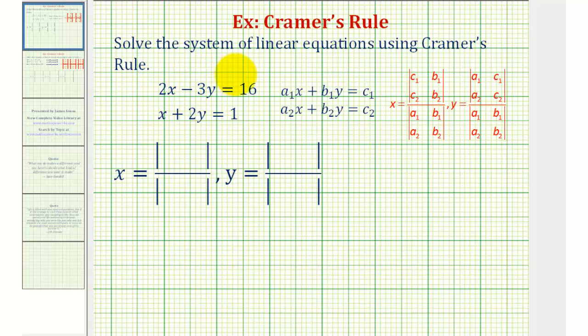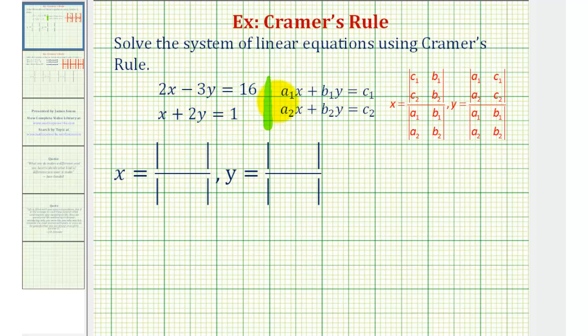Welcome to an example on how to solve a system of two linear equations with two unknowns using Cramer's rule. Cramer's rule is a method for solving a system of equations that uses determinants. So the first step in using Cramer's rule is to make sure the linear equations are in standard form, or